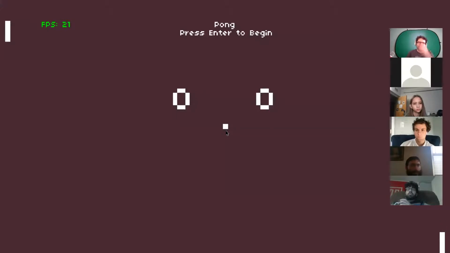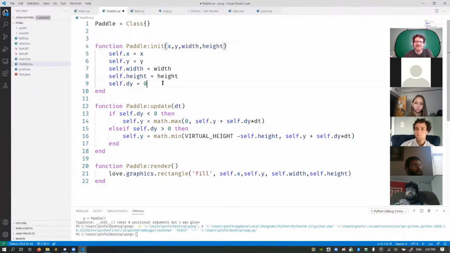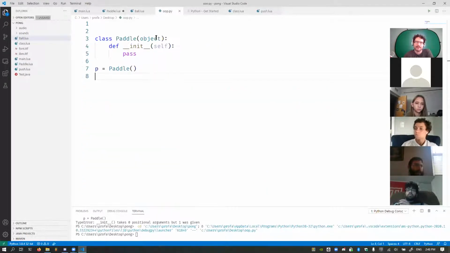Paddles have an X and Y position on my screen, and they are so big and so wide. And they also have a speed, dy, which is their change in Y position, which is how we know how they're moving.